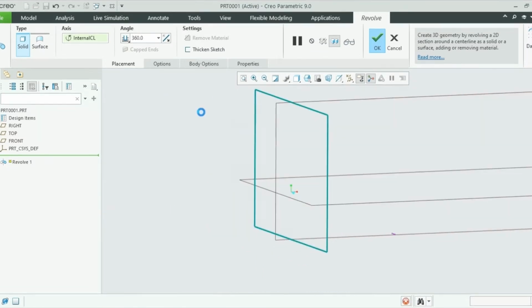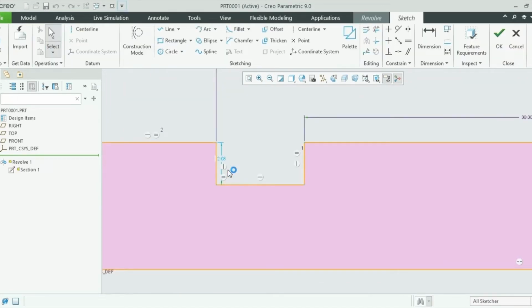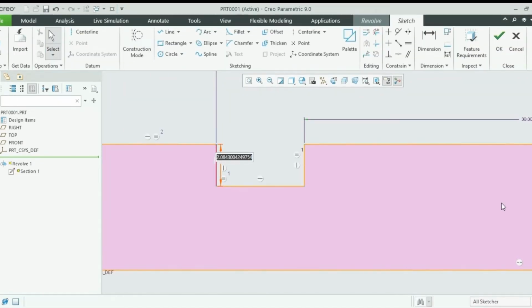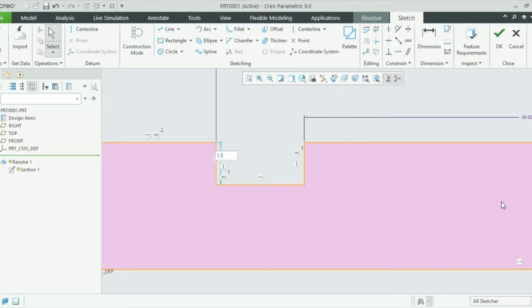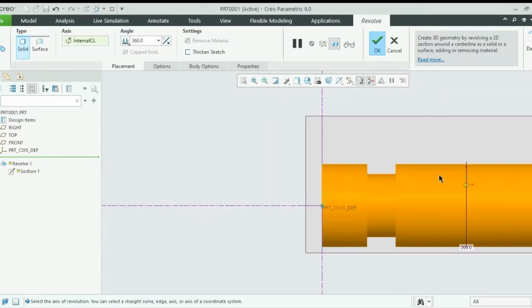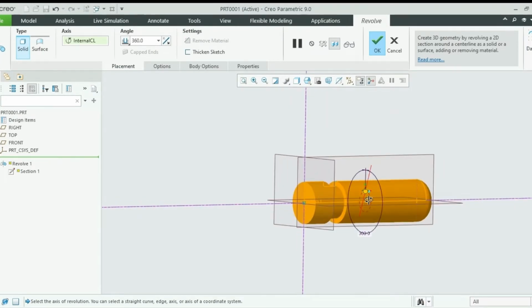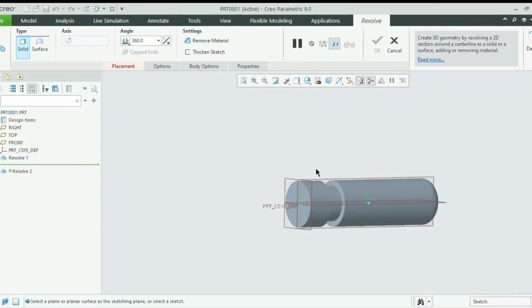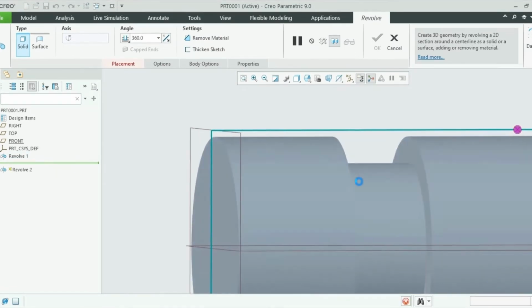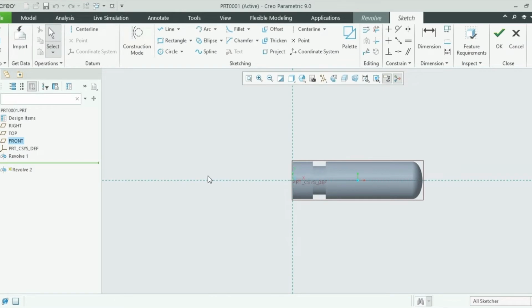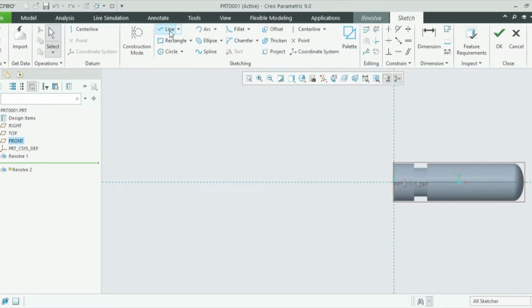Okay, let me quickly reduce the depth of this part, this one, from 2.08 to 1.5. So I will click OK. Okay, so now it looks better. Okay, so I will click OK here. Now I need to again use the revolve command and I will use this plane. Okay, so from here we will start again with the line command, starting from here to here,